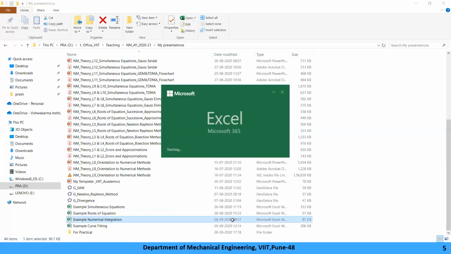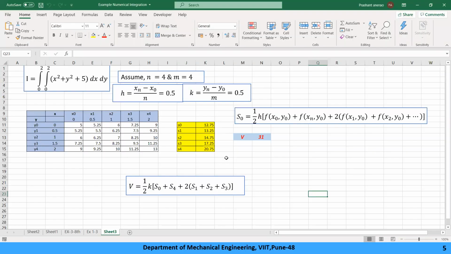I have already done the calculation. Now see, h was 0.5, k was 0.5. So first create the x values: x0, x1, x2, x3 and x4, right? Because the number of strips was 4, n equal to 4.